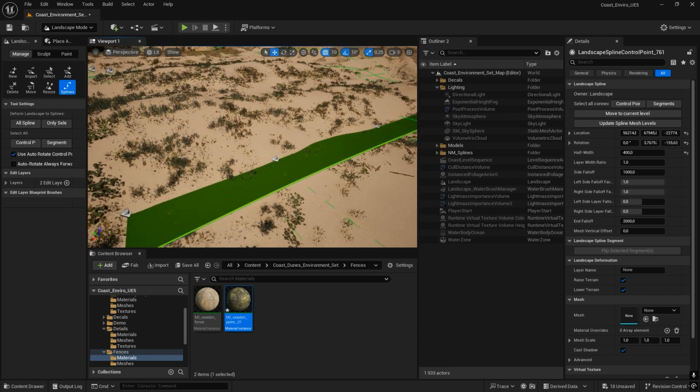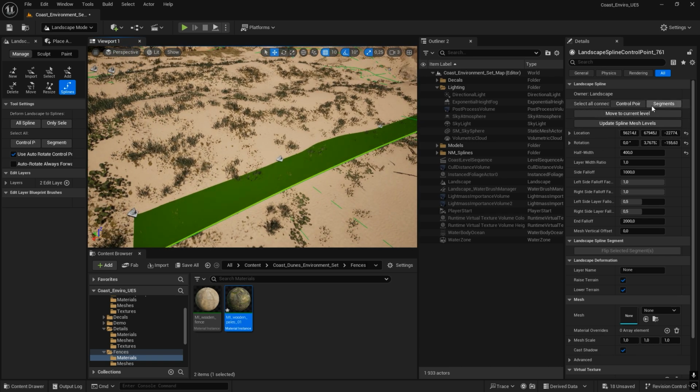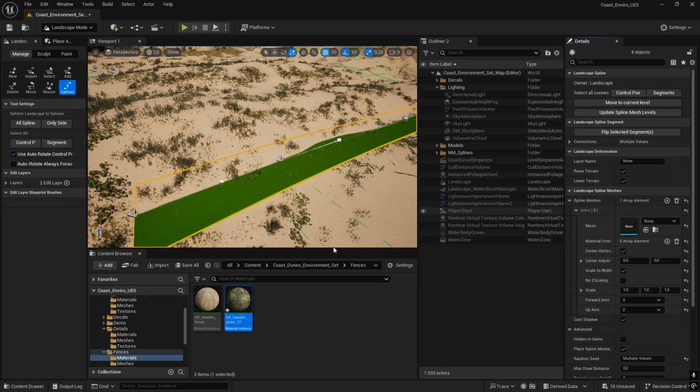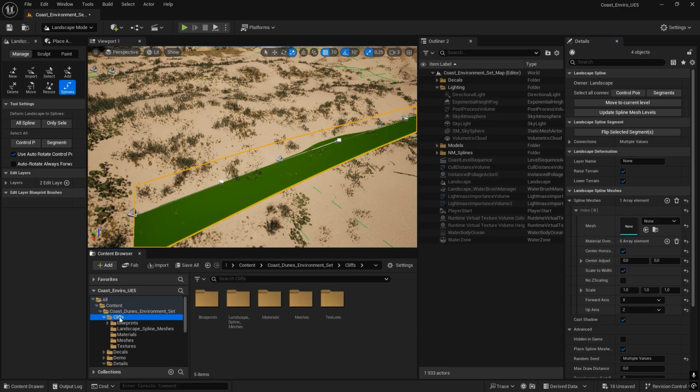And what do we do now? In segments, we click. We have to add the meshes to the spline, and these are spline meshes. We just click plus. And in the cliff folder, you have landscape spline meshes and meshes. Meshes are normal cliff meshes, which